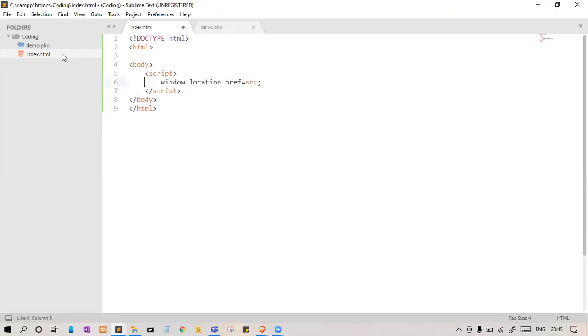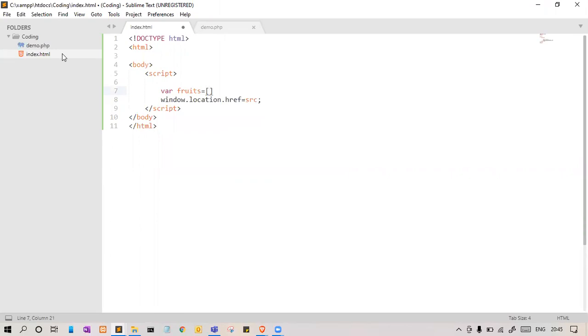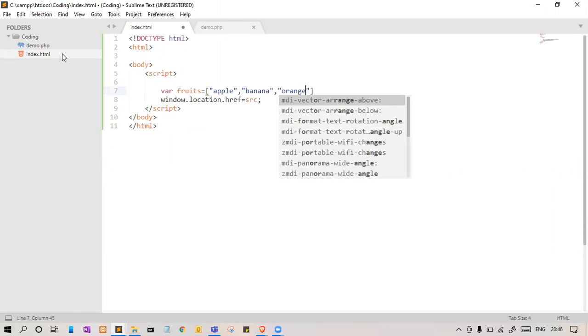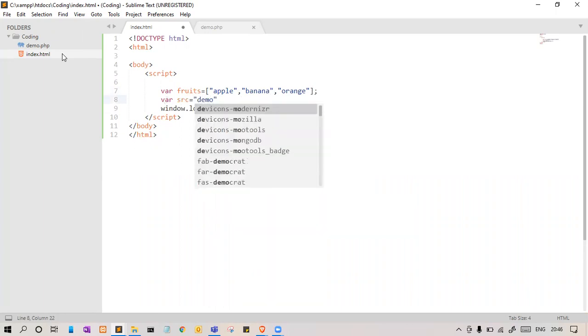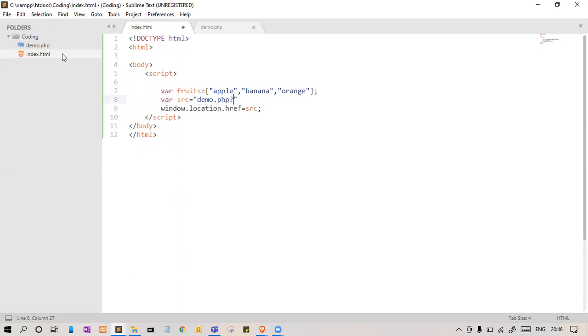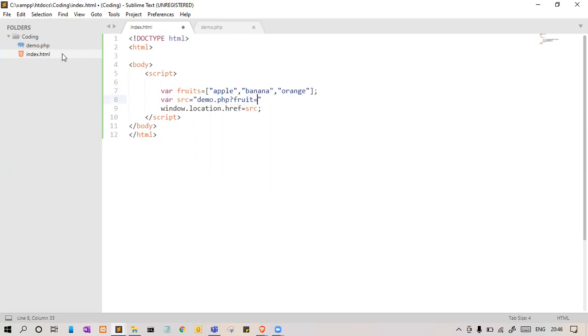What if we want to send an array? Simple, the same thing. We need to create an array. Let's say we want to send a list of fruits. So fruits, in square brackets: apple, banana, orange. Then var source, the same thing: demo.php, question mark, let us give the id fruit, equal to, plus this fruits.